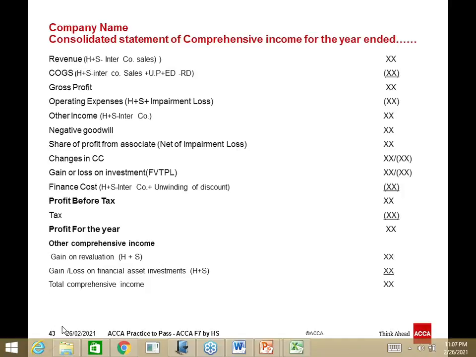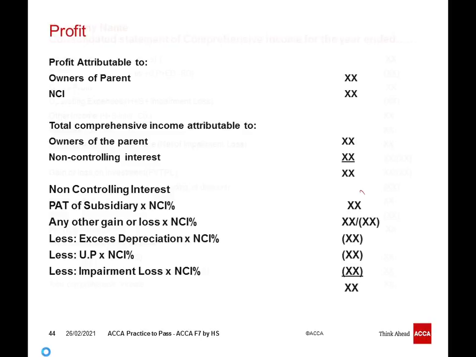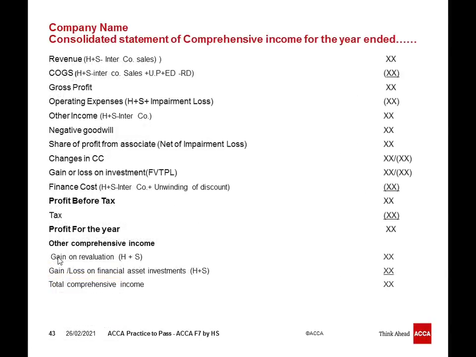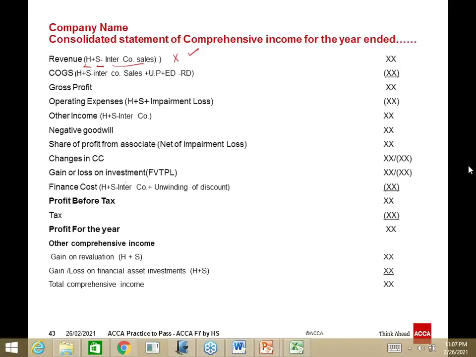When we do the consolidation for the income statement, the first thing you need to know is whether the time period is 12 months or more than 12 months. If the time period is 12 months or more, then you simply add the parent and subsidiary company's data minus intercompany sales. But if the time period is less than 12 months, then you need to proportion the subsidiary company's results based on the controlling period.